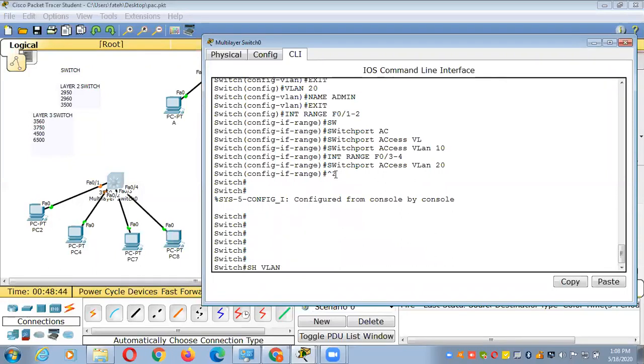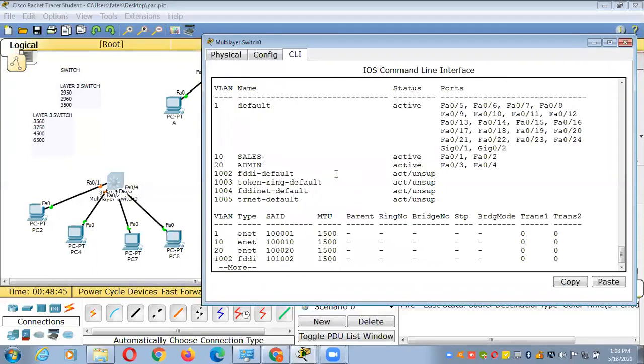So now I'm going to check the VLAN here. Now you have two VLANs here, VLAN 10 and 20. In VLAN 10, you are seeing two interfaces, port number 1 and port number 2. And in VLAN 20, you are seeing two interfaces, port number 3 and 4.